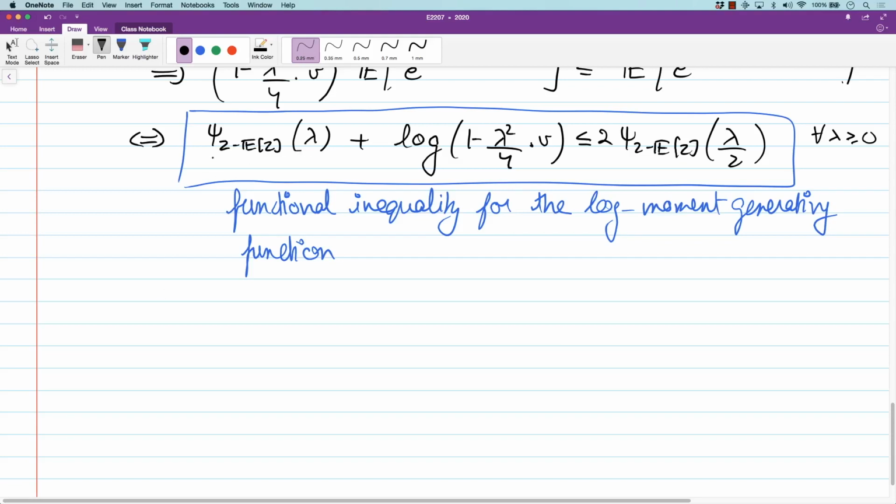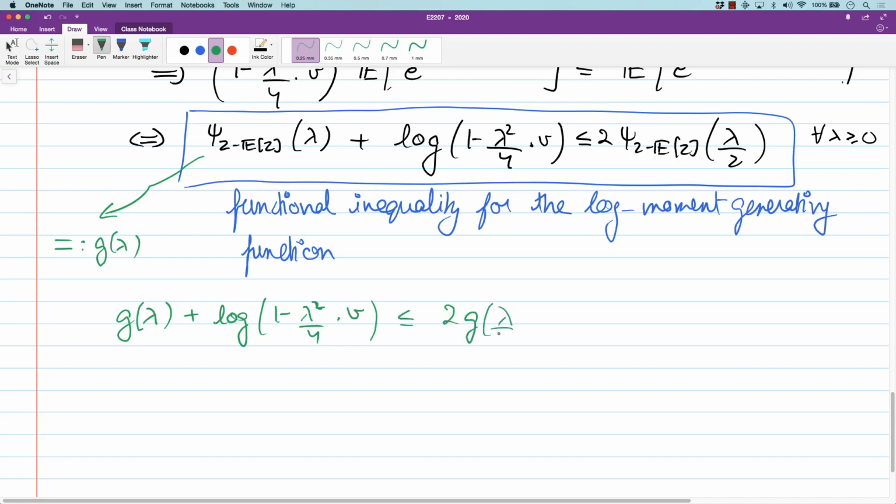Let's just define this guy here for convenience as g of lambda. So suppose you have g of lambda plus some log of 1 minus lambda square by 4v, some constant, is less than or equal to 2 g of lambda by 2. From that, can we get a bound for g of lambda? So we keep on repeating this. This implies, if we repeat it k times, that g of lambda is less than or equal to